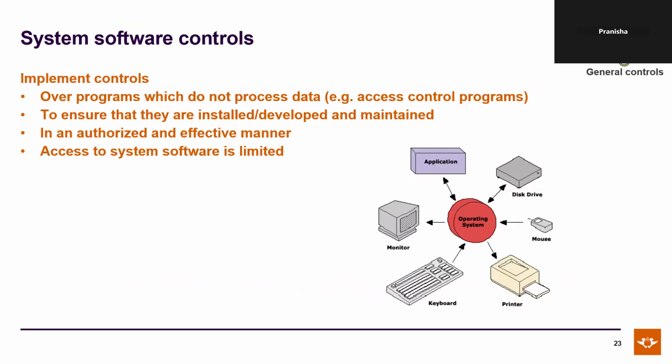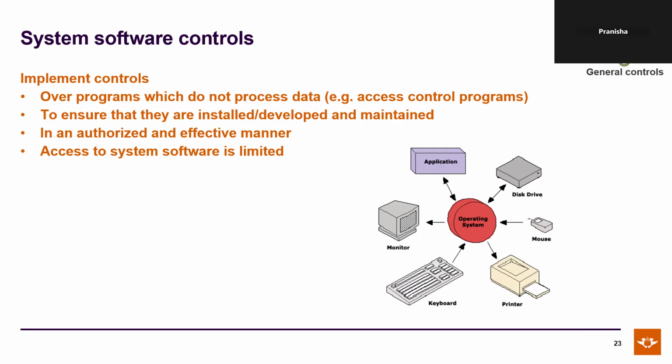The next set of controls we have is system software controls. So system software controls would be things like applications that are being installed onto a system. And what's important here is to make sure that the software that's installed onto the computer is actually authorized software by an authorized dealer, by the IT department, whichever it may be. But the important thing really comes down to is that it's only authorized and valid software that is being